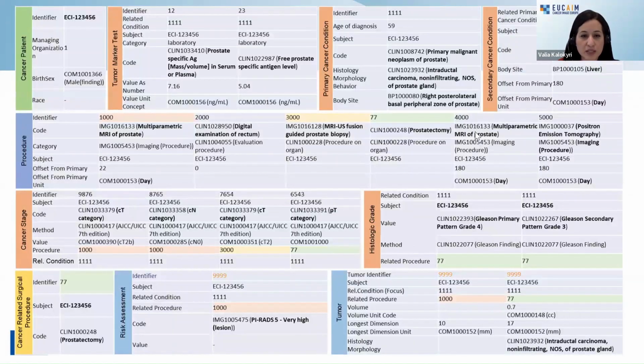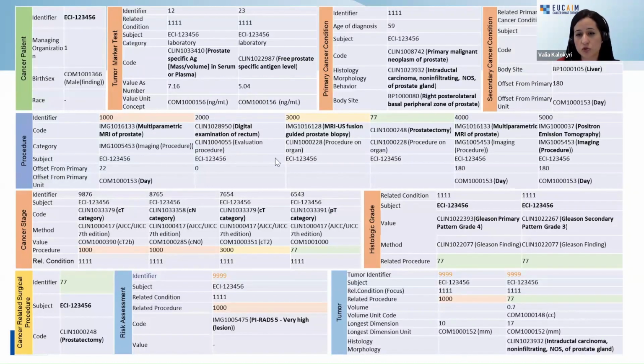So how do we represent that? Don't get intimidated from here. What I want to show you here is how this information gets represented conceptually in the EUCAIM CDM. So we have specifically the PSAs as tumor markers.